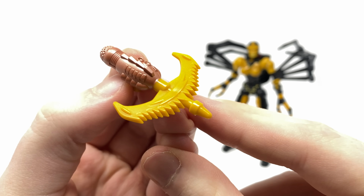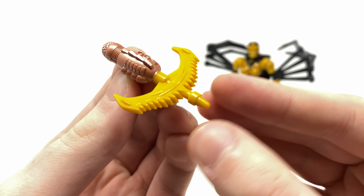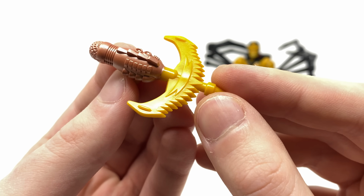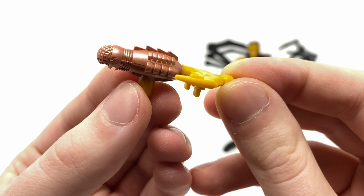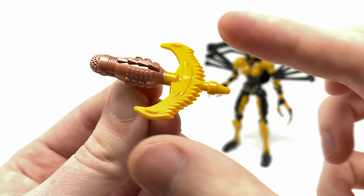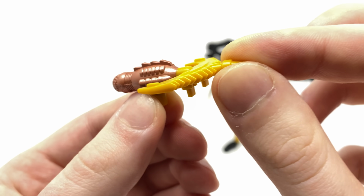Taking a look at the one and only accessory that Kingdom Blackarachnia comes with, of course, is her iconic harpoon weapon, and once again a very nice homage to her original blaster from the Beast Wars series. I think that they've captured all of the details down to a T, and I love the metallic gold that we've got for the main section of the gun as well as the golden plastic that we actually do get here for the harpoon, and you can see some fantastic sculpt work going on here,